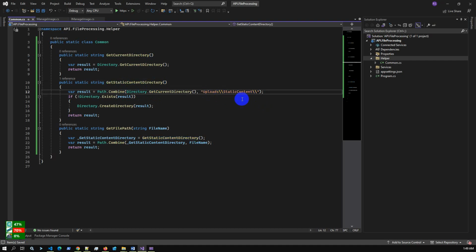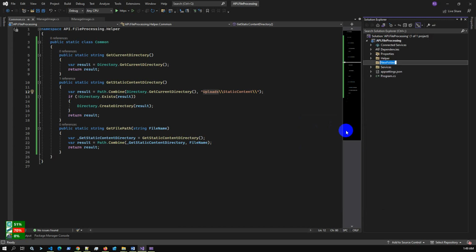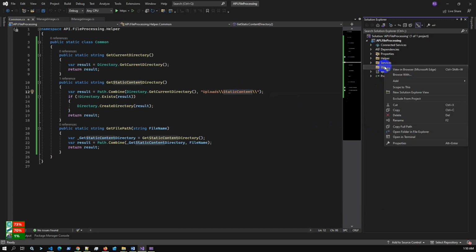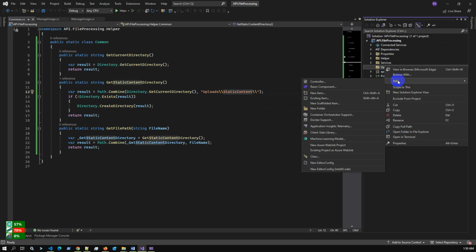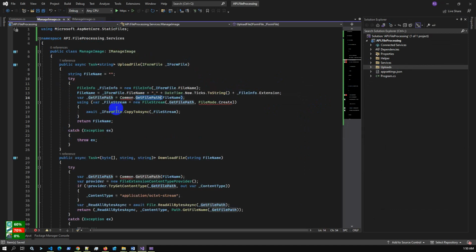So we will create a folder here in the project, uploads/static contents. Let me create the folder first. Add new folder, uploads, and under uploads we'll add another folder. If it is not available, the system will create it automatically, but anyway I'm just creating it manually. So we have defined the upload folders. If we go back to